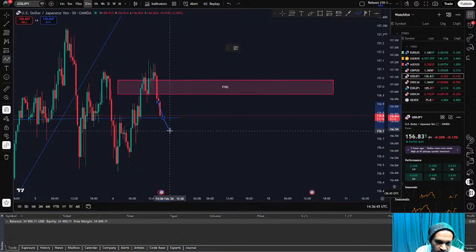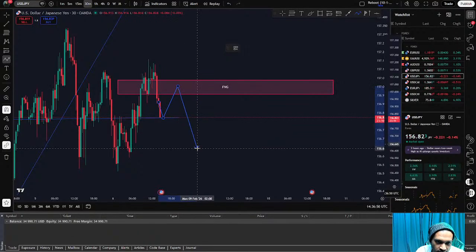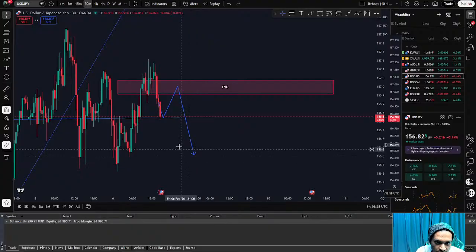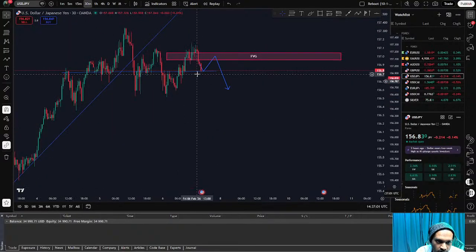Even though it breaks up, whether I think it's gonna break based on the momentum right now, I don't think it will come back to this fair value gap. So this is a fair value gap. If the price moved the way we wanted, it will come back to this fair value gap and continue breaking down here. If the price did break out on this support zone,